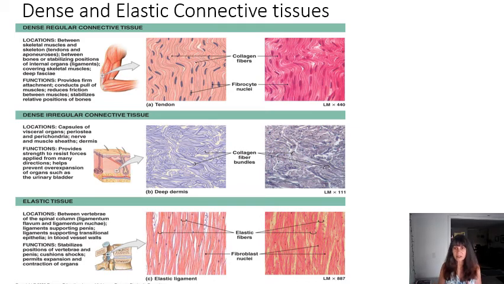We see dense irregular connective tissue forming capsules around our organs inside our body, including the periosteum, which is a connective tissue on the surface of bones, the perichondria, which is a dense irregular connective tissue capsule on the outside of cartilage. We see this in sheaths that cover muscles as well as nerves, and in the dermis of the